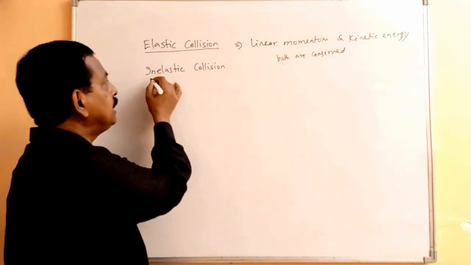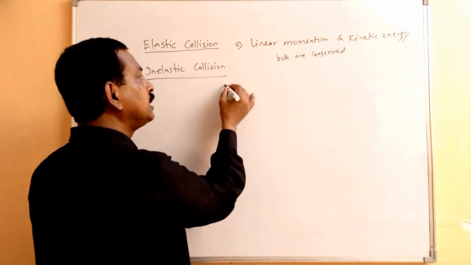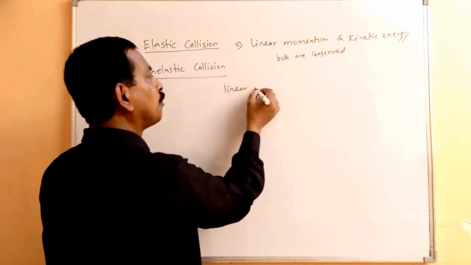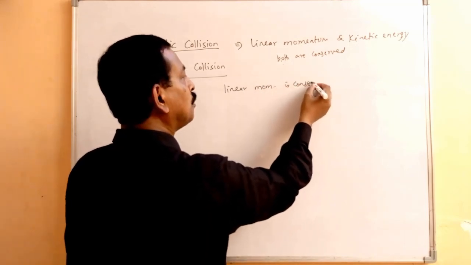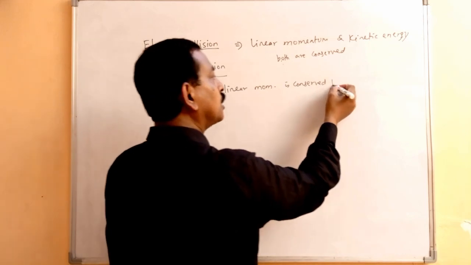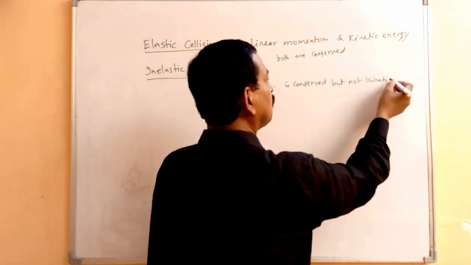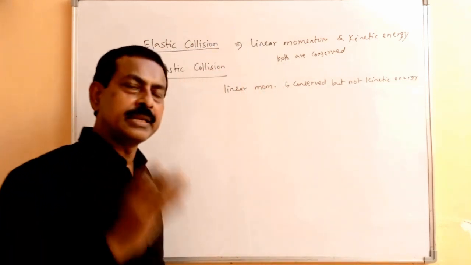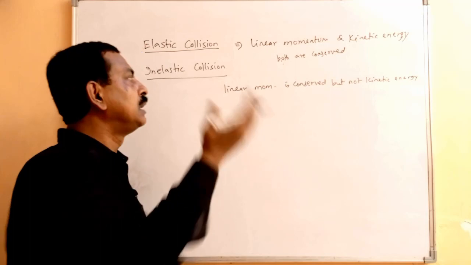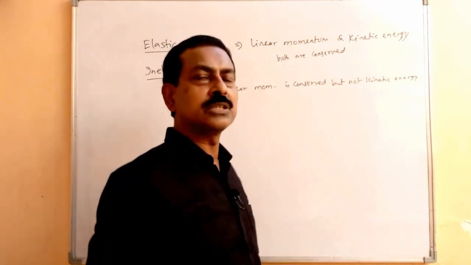But if you take inelastic collision, in this only linear momentum is conserved but not kinetic energy. In elastic collision both are conserved, but in inelastic collision it is only linear momentum which is conserved but not